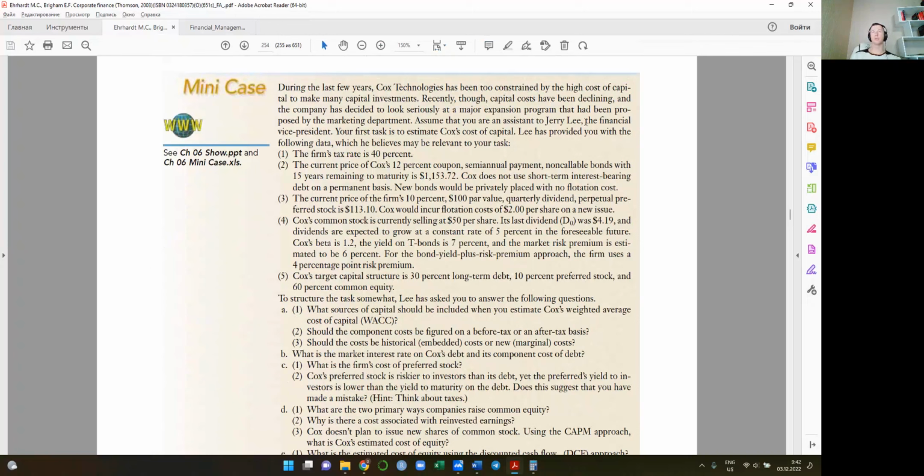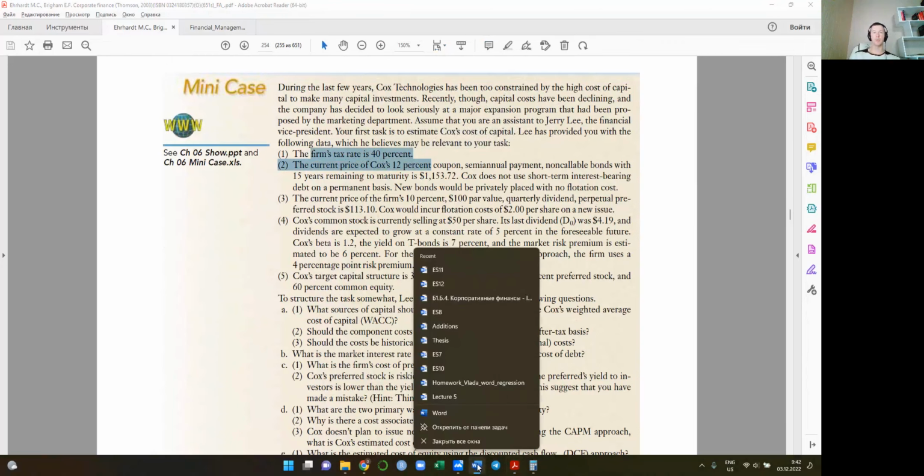Assume that you are an assistant to Jerry Lee, the financial vice president. Your first task is to estimate Coke's cost of capital. Lee has provided you with the following data, which he believes may be relevant to your task. The firm tax rate is 40%. Okay, so this is somehow relevant. We need somehow the